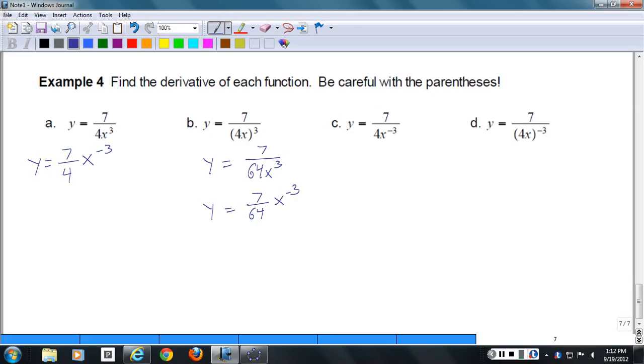The c part is actually quite nice because we have the negative exponent starting out in the denominator. In this case, y equals 7/4 times x to the positive 3. And we can take the derivative of that. And the d part,